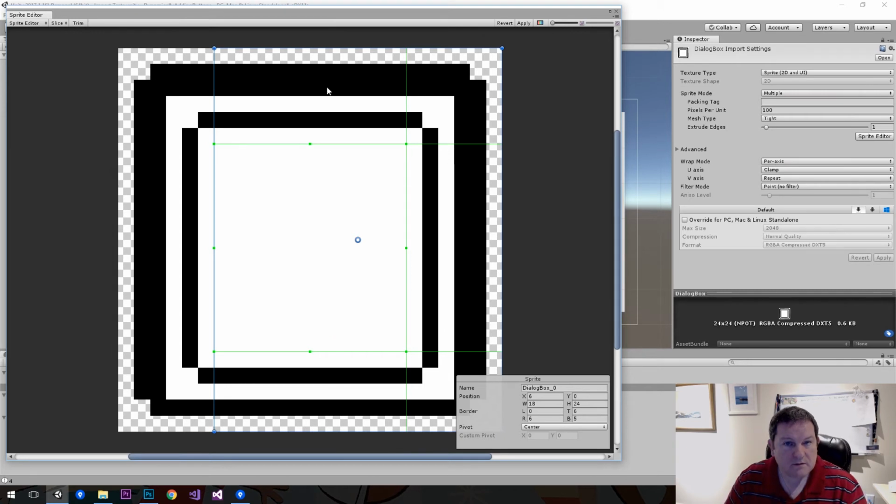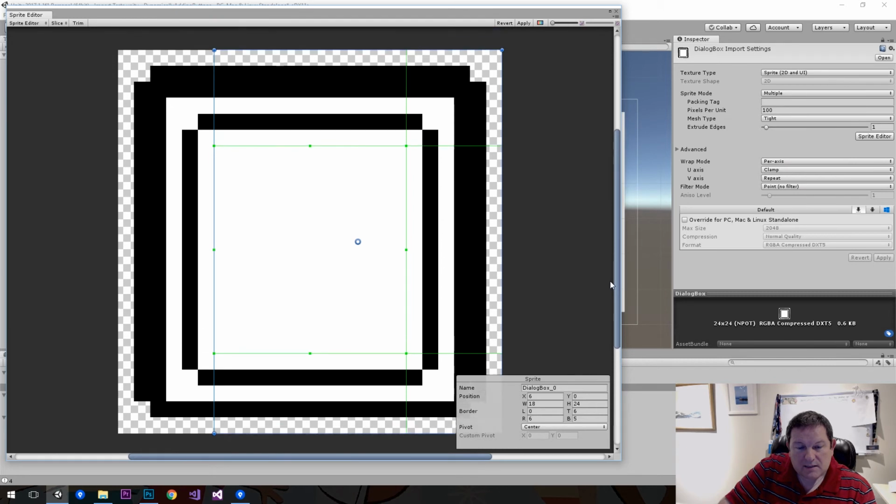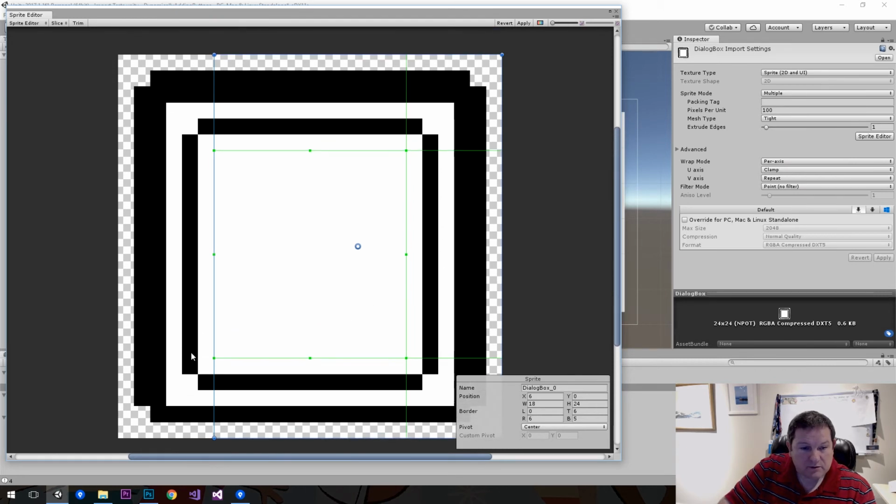to here. Now you'll notice that I now have a square shape in each one of these quadrants, and what that means is that it can be used as a sliced image, because I've decided that this is where my slices are going to go. So when we extrude from here, then we